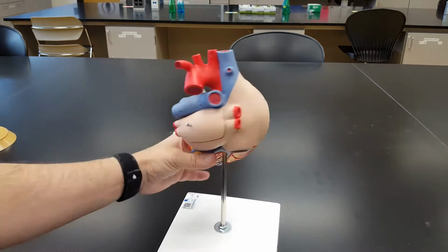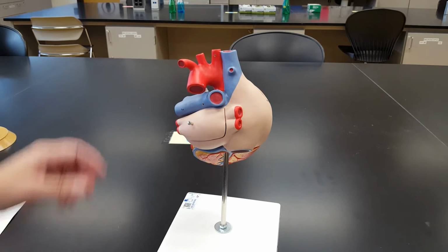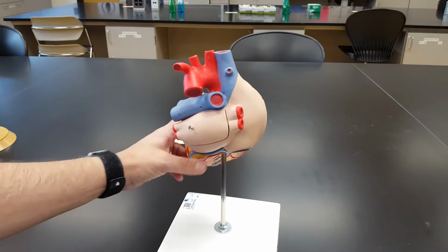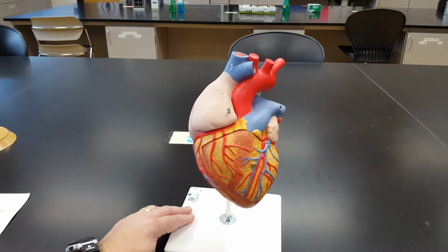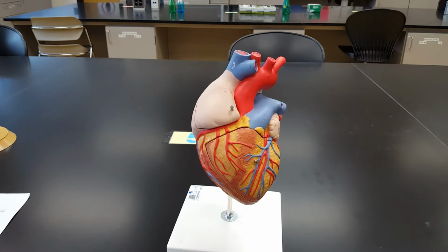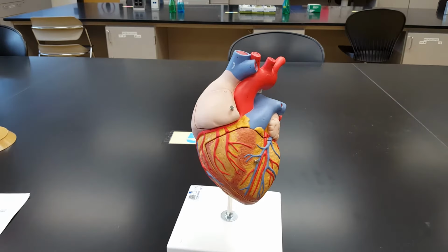Now, in our first online labs that we had roughly a year ago, I had to make those a little faster, and one criticism I got from students was not enough views, not enough angles. So I'm taking you through all these models. It takes more time. That's all right. You can pause me. You can fast forward me. You can take your time here and go as fast as you like to, but a lot of repetition is a good thing. Pulmonary trunk, pulmonary artery,